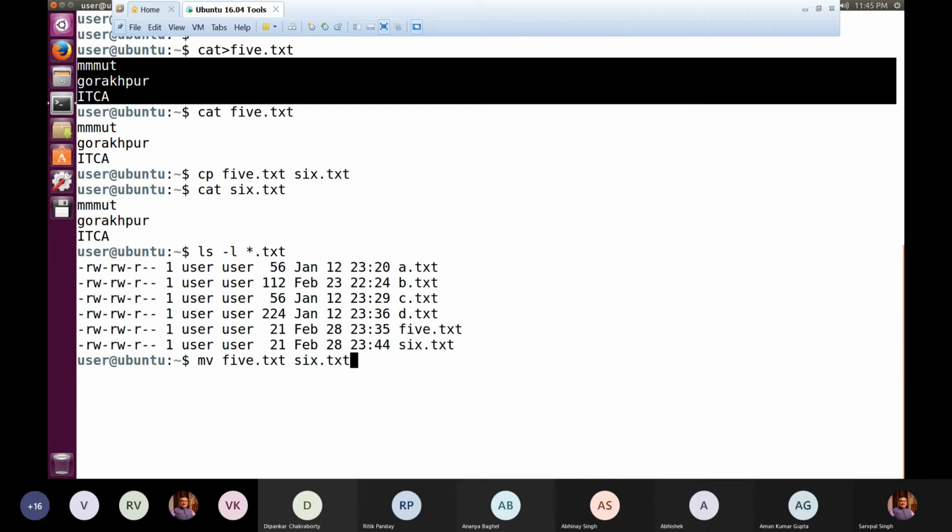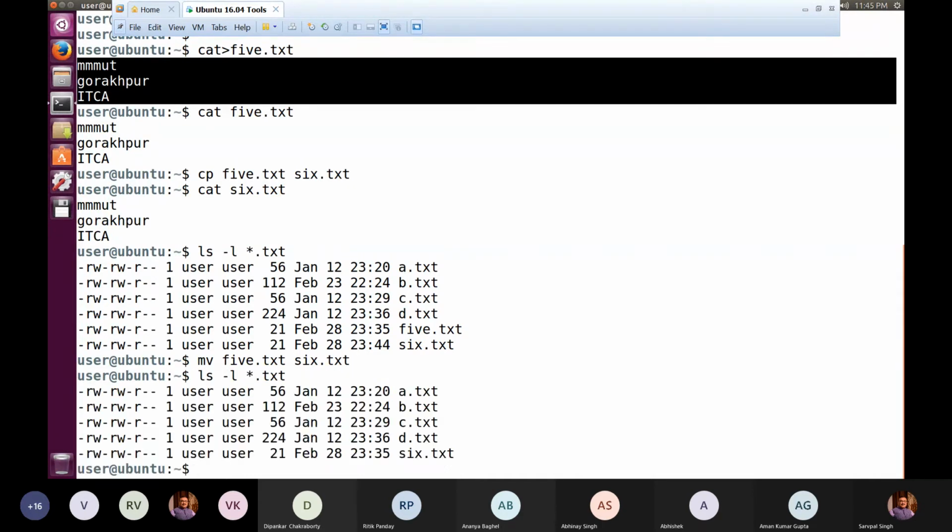But here when we write mv 5.txt 6.txt, we are moving the content of 5.txt to 6.txt, and 5.txt will be no more after this point. So now if I look at the contents, we don't have 5.txt, we have only 6.txt, and 6.txt has the same contents as 5.txt had.